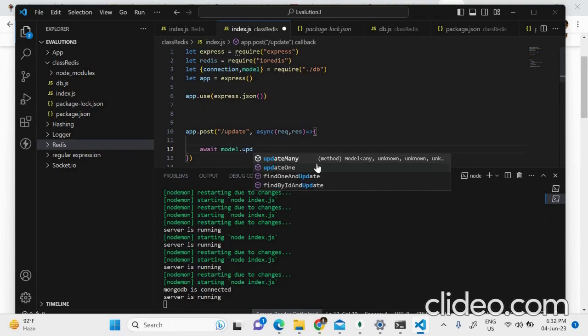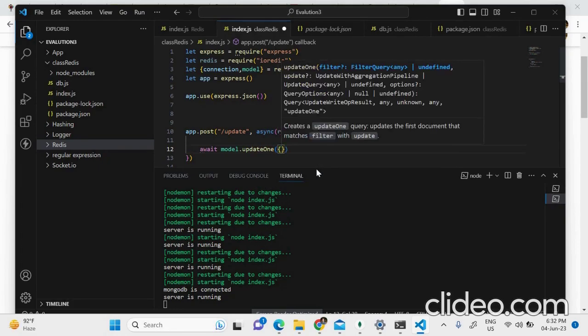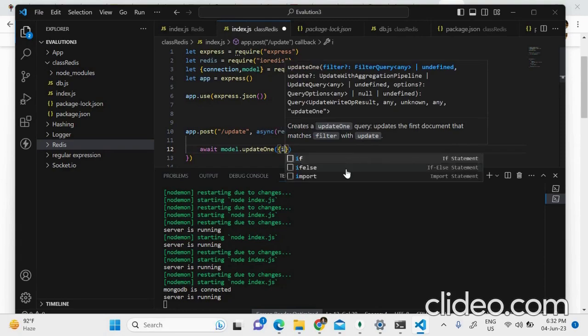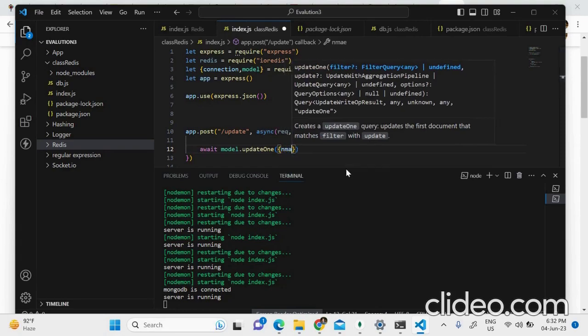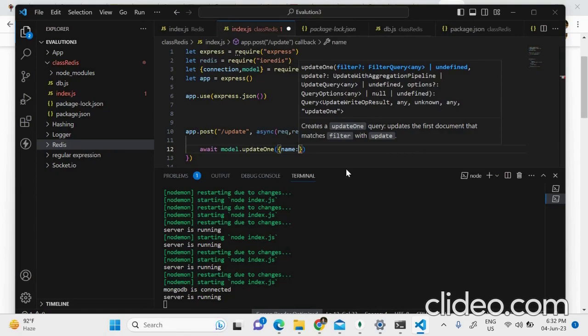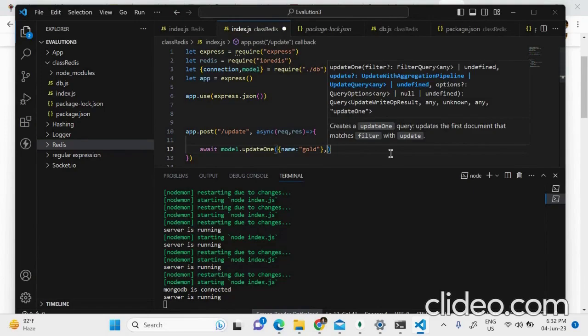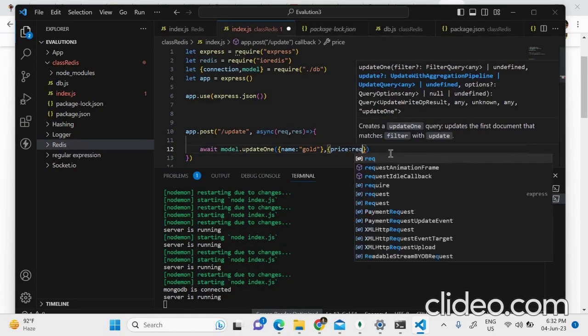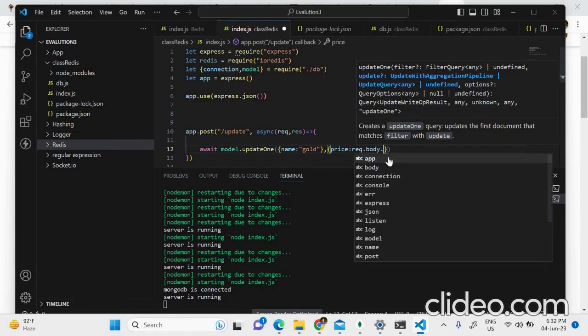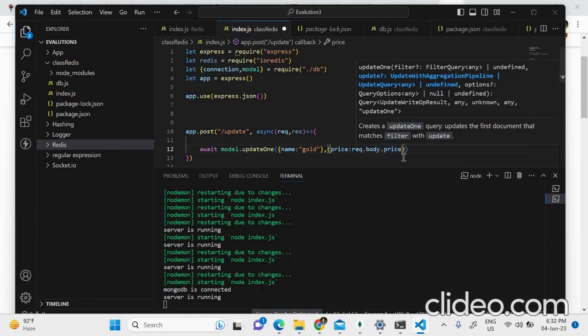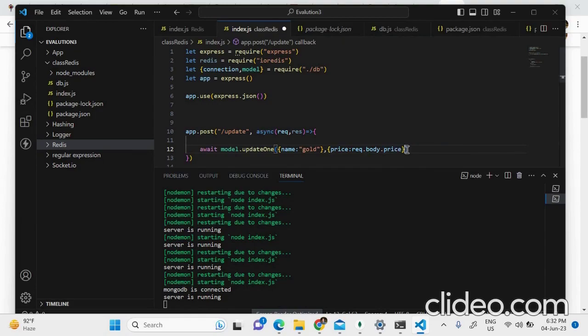We have to await the model and just update one. File one and update one. Here we write: name will be gold, and what we want to update is price, and the request dot body dot price. And just have to use